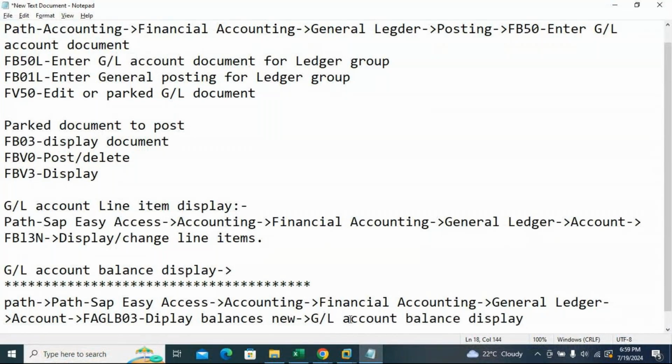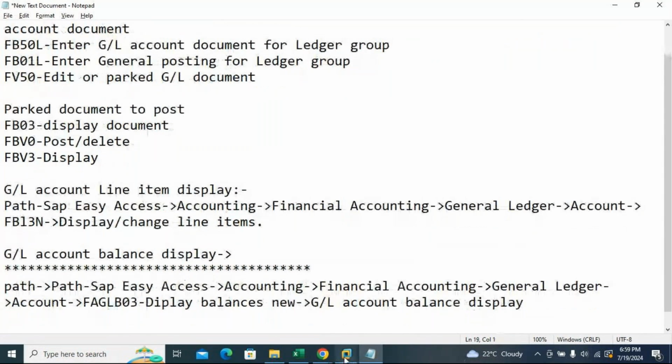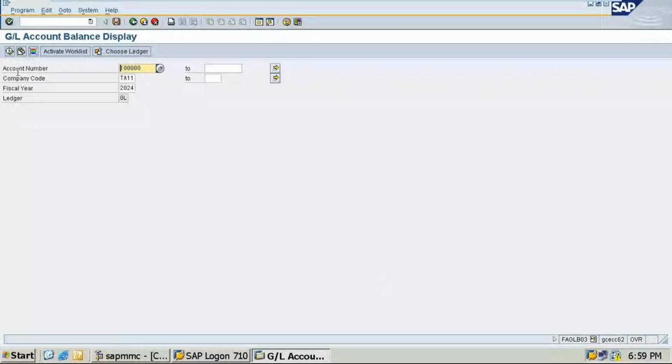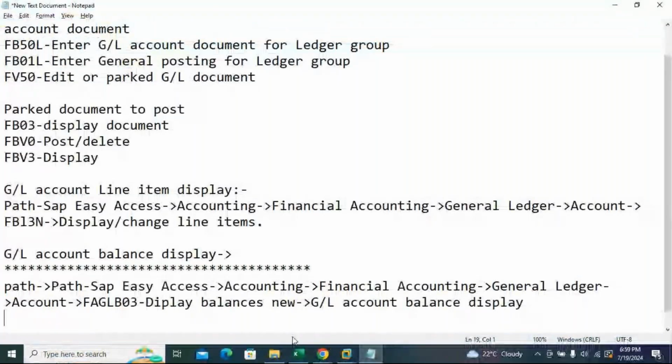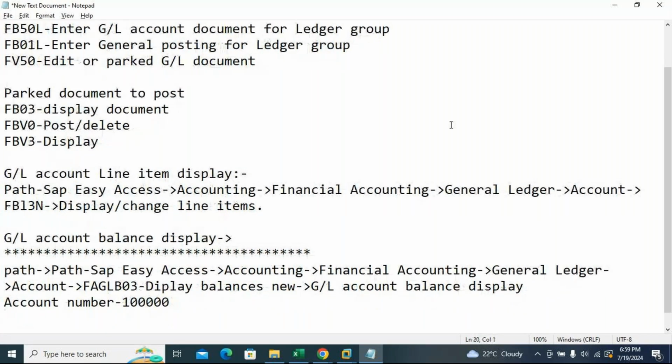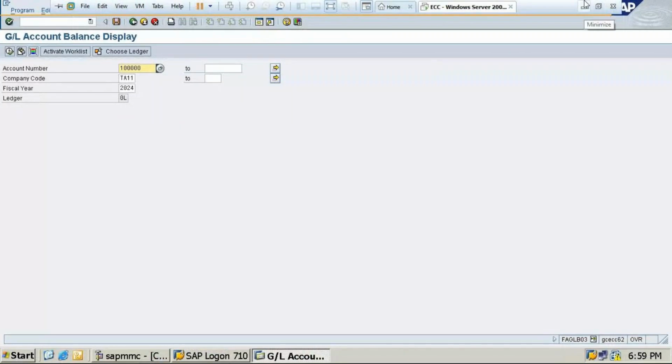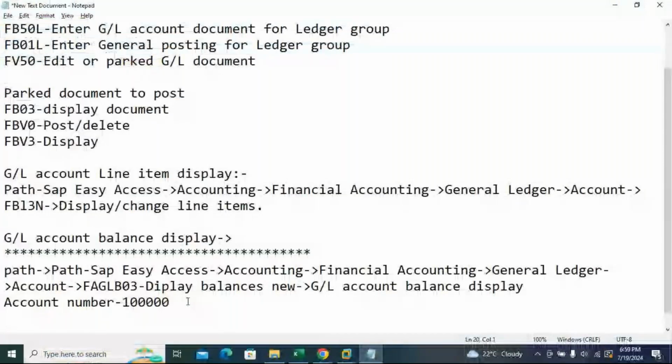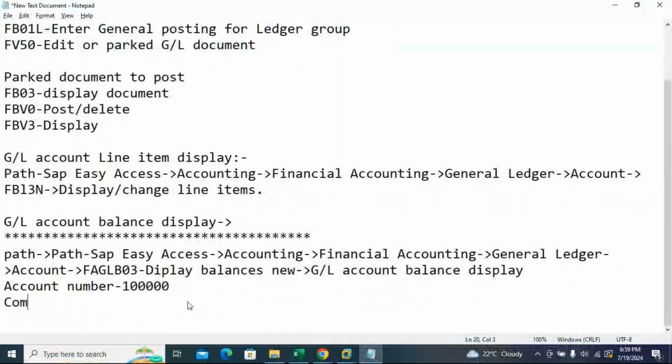So likewise you can see. Enter the account number, company code, fiscal year, ledger, and then click on the execute button. So here, account number. Suppose you are giving 1 lakh. Then company code. It will ask for the company code, fiscal year, and ledger. So here enter the company code